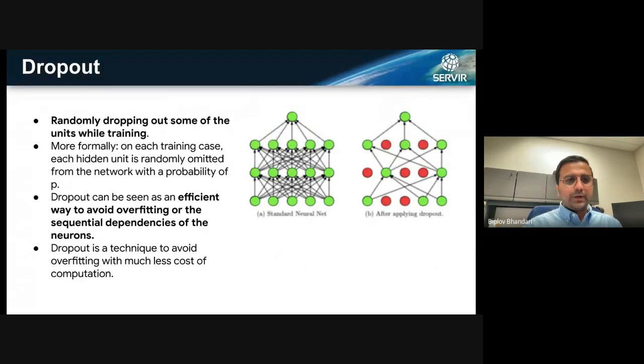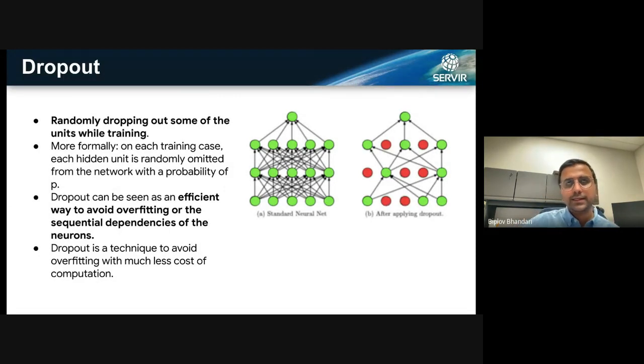I think this is the last one on the terminology I have. So the next one is the dropout layer. The dropout layer, as the name suggests, is basically you're randomly dropping some of the neurons while you are training your model. And you want to do this because if you have a very large data set, and tons of neurons, then your network might be overfitting and actually learning some of the nuances that are not necessary, or not really important. So with dropout, you could avoid some of this overfitting.